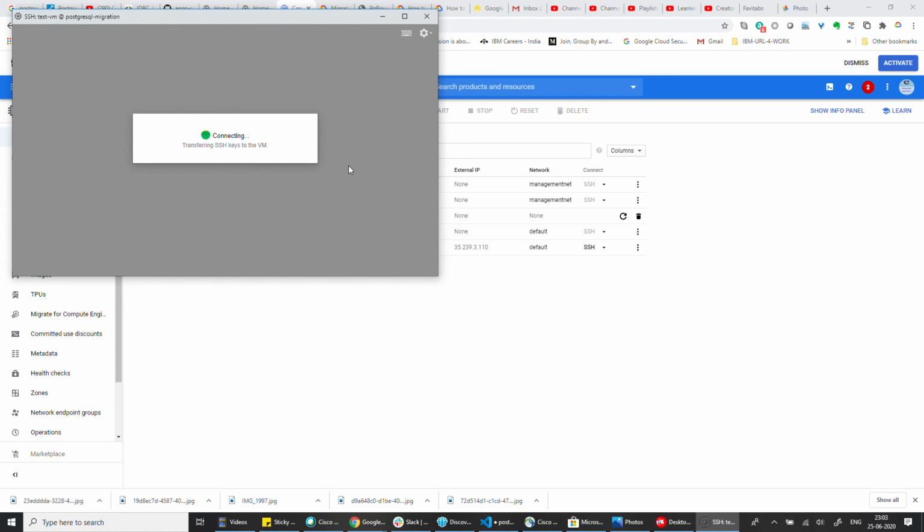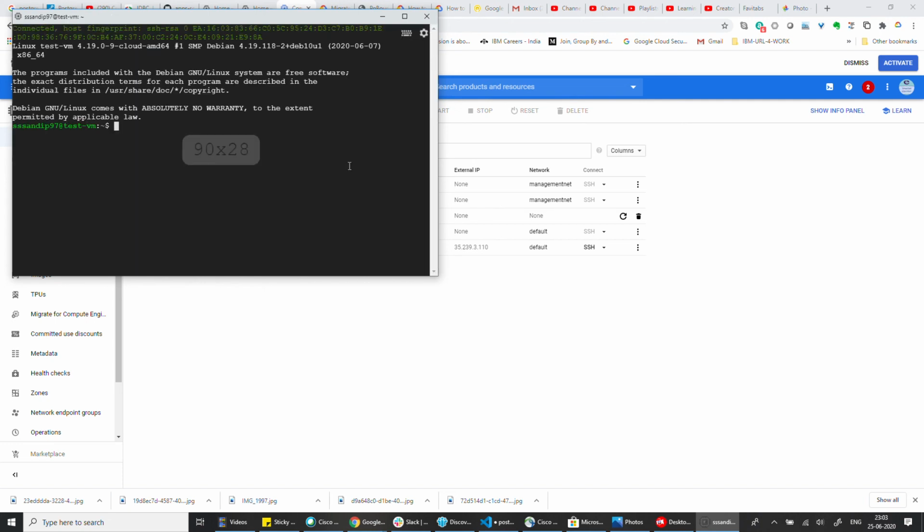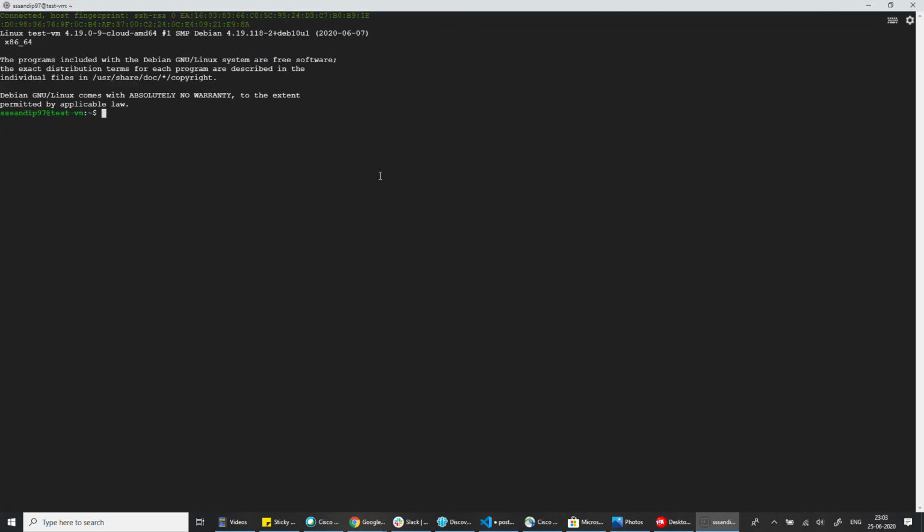So this is a very easy way to create a server in Google Cloud Platform. For those who are interested in creating a Compute Engine instance, it will be helpful for how to create one and how we can log in. I successfully logged in to that VM.